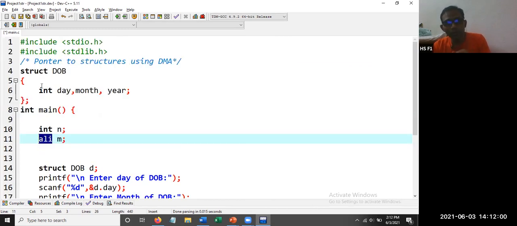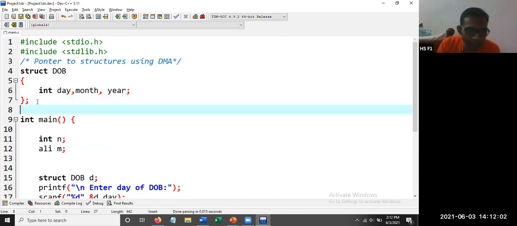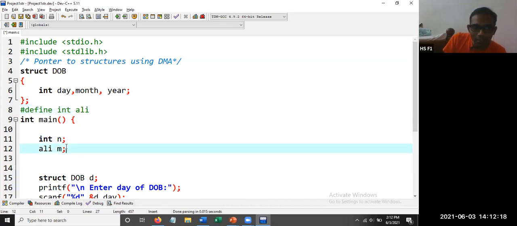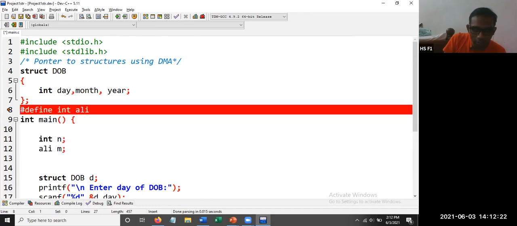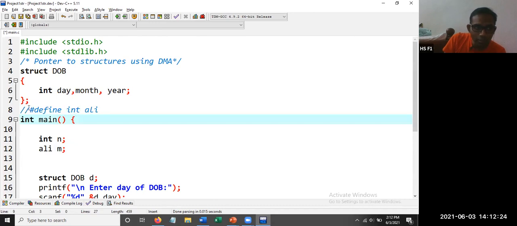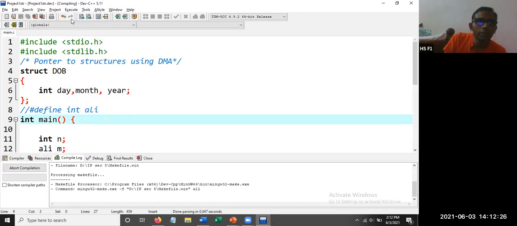One method is we can use preprocessor directive. What was that? Hash, or last class, last unit, hash define. Now, what is that you are going to define? Wherever you find integer, keep Ali. Wherever you find integer, replace the value with Ali. So now this must not give us an error. Let us comment this line first and see whether we are getting error or not. Let us comment first. So compile.